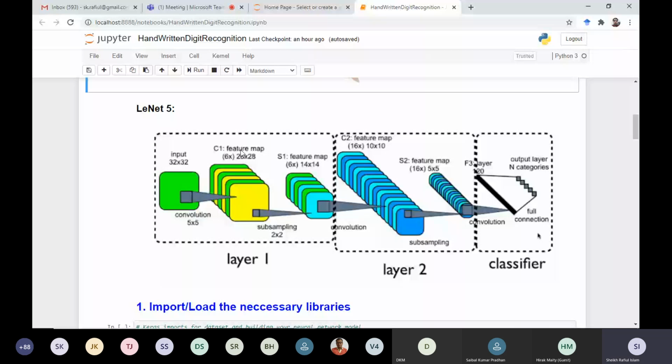If you notice, there is written C1. C1 is nothing but C is for convolution, 1 is first layer, feature map. So this is the feature map or output or activation map after performing first layer operation. And the operation was convolution 1.